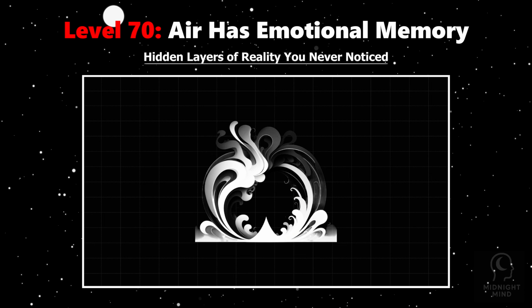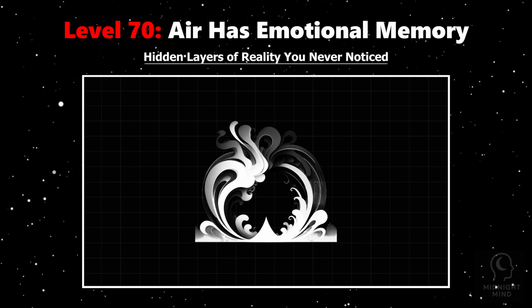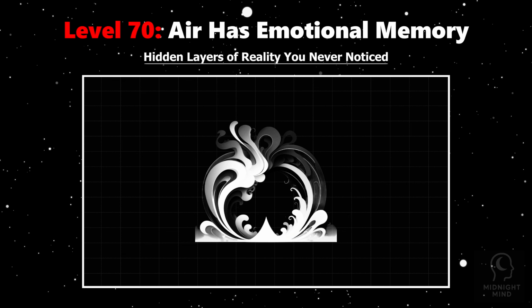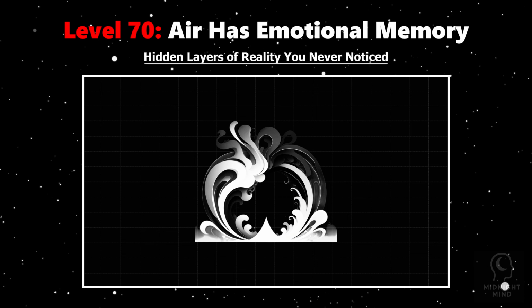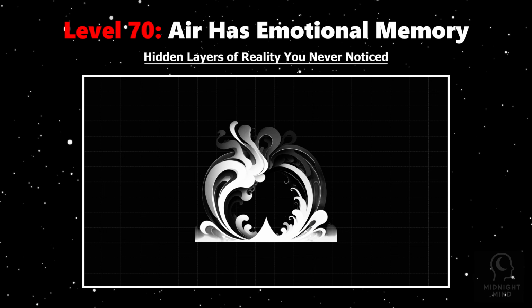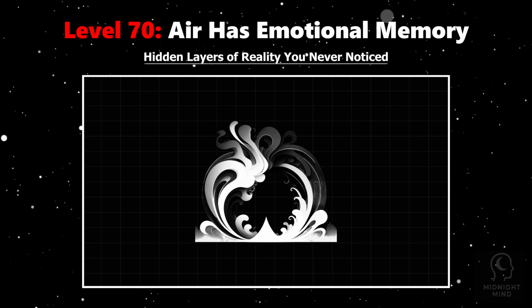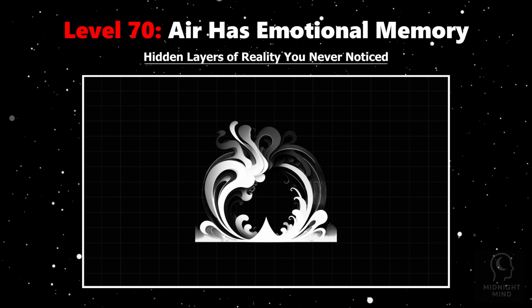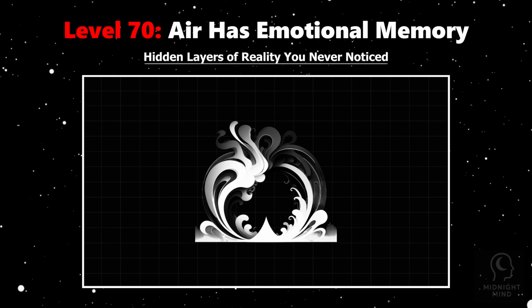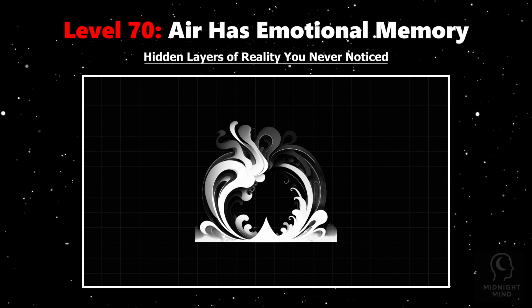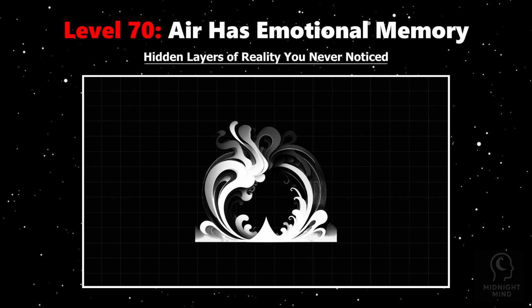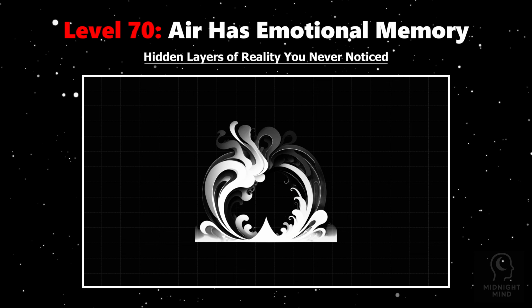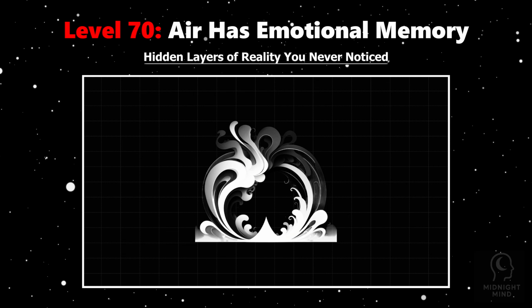whispering through invisible molecules. Science explores how environments hold subtle traces of human presence, influencing mood and perception. While air doesn't literally remember, research in environmental psychology shows that spaces absorb and reflect emotional energy through sensory cues. Smells, temperature, light, and sound vibrations all shape how you feel upon entering. For example, a room where conflict occurred might feel tense due to heightened alertness linked to subtle cues like lingering scents or body language imprints on objects.